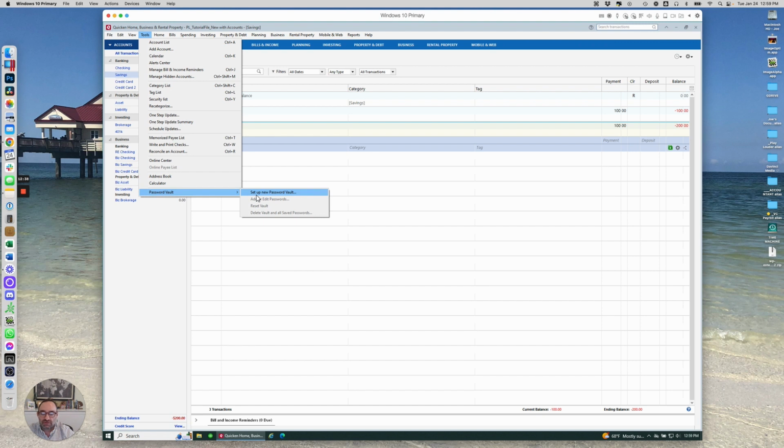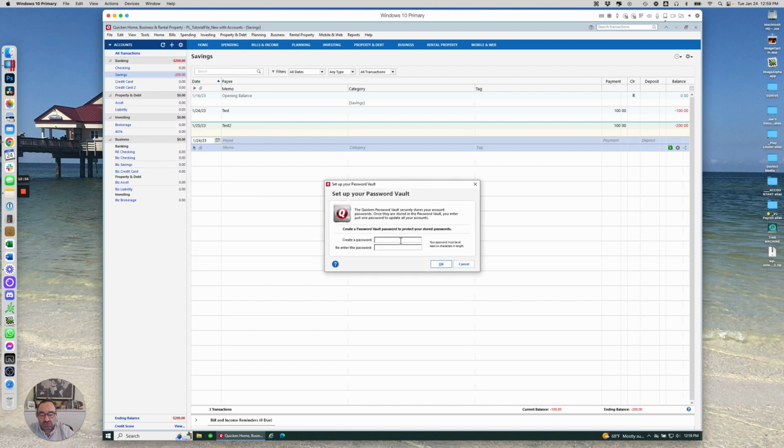Password Vault. So once you set up your first account with an online access, it's going to ask you if you want it to memorize the username and password so that when you do one-step update, it happens without you having to enter passwords every time. In order to do that, you set up a password vault. You put in a password for your password vault, and it can be different from the password of the file, or it can be the same depending if you want to make it easier on yourself. Once you set that up,